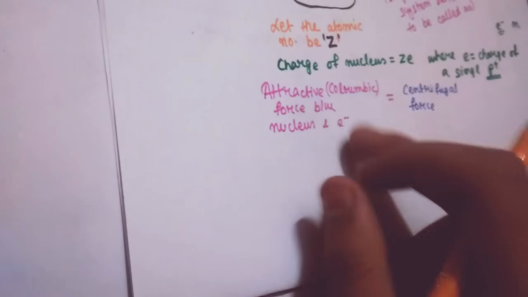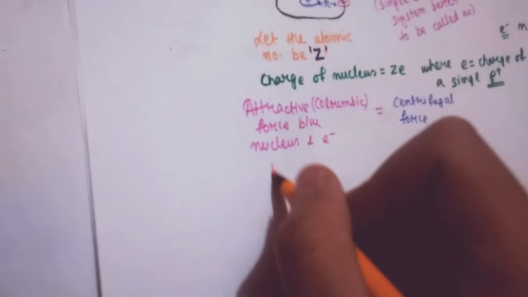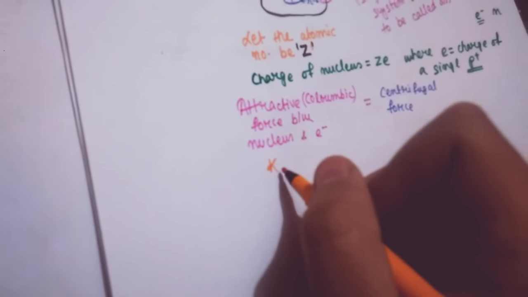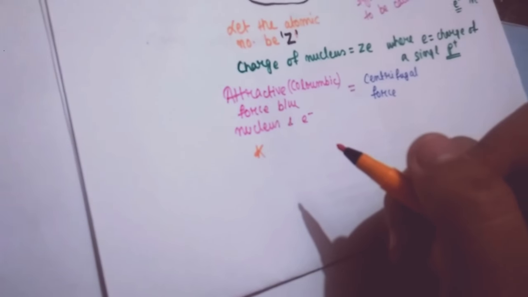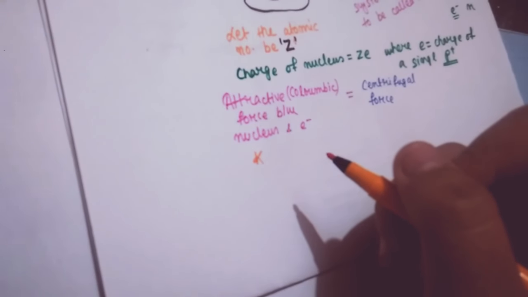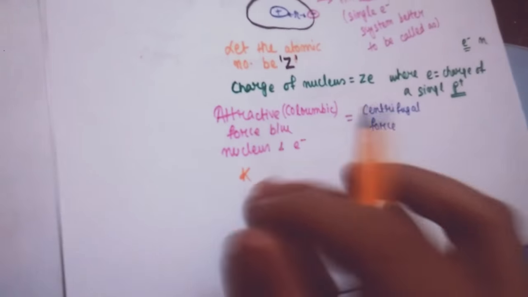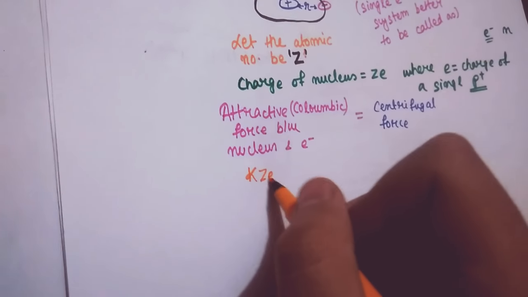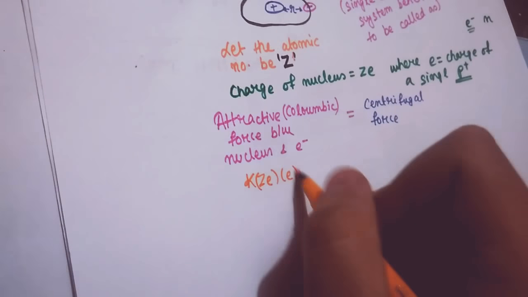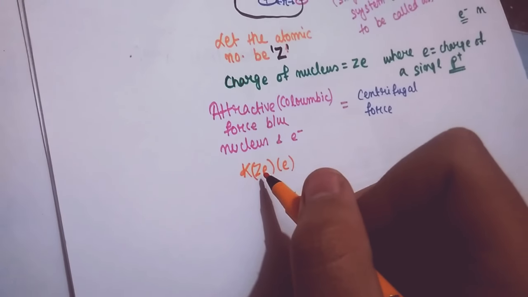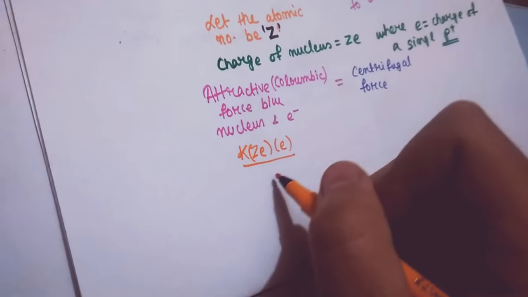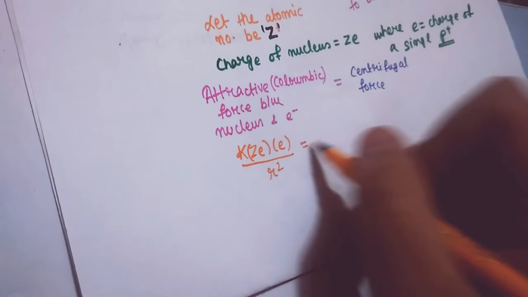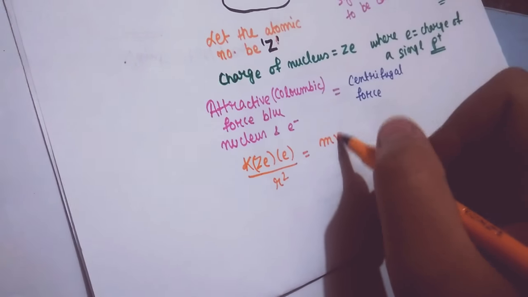So the attractive force between the nucleus and the electron should be k, where k is Coulomb's constant, because Coulomb's constant is a very big value, it's 1 by 4 pi epsilon naught. So I'm writing k Ze multiplied with e. This represents the charge of the nucleus, this represents the charge of the electron, divided by r squared. This is equal to mv squared by r, where